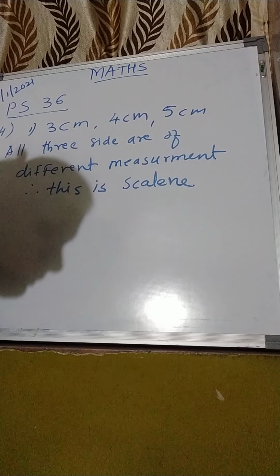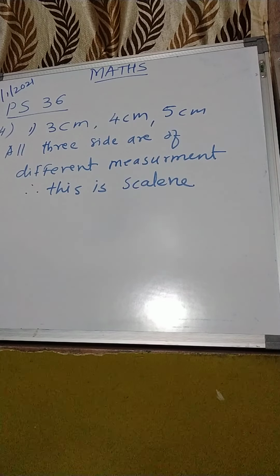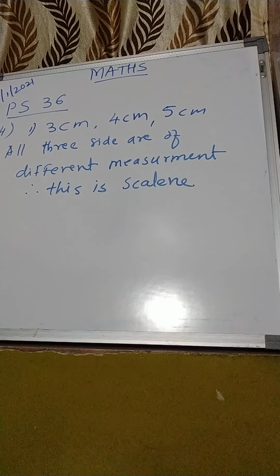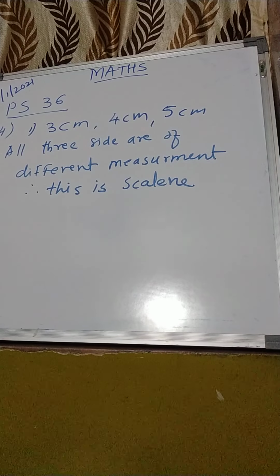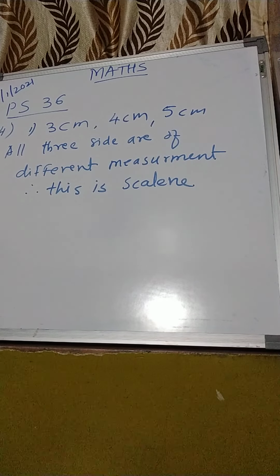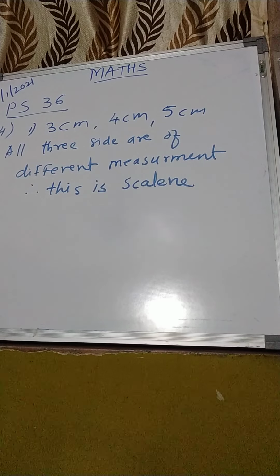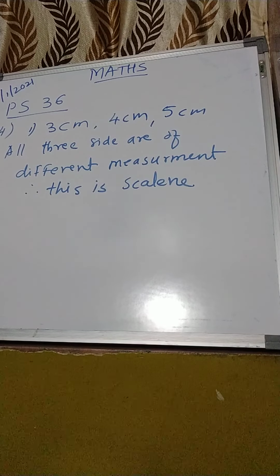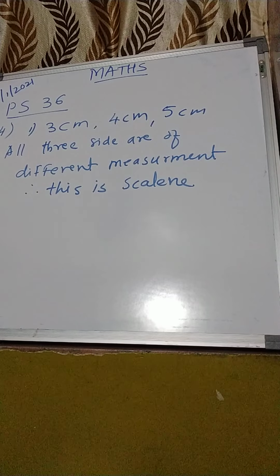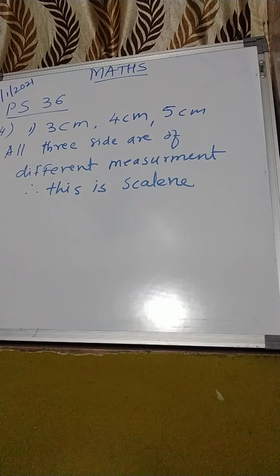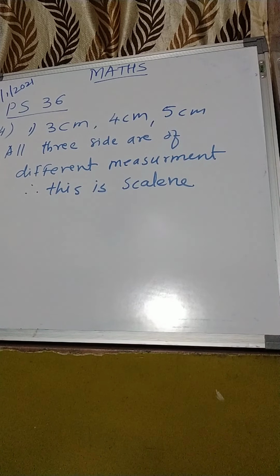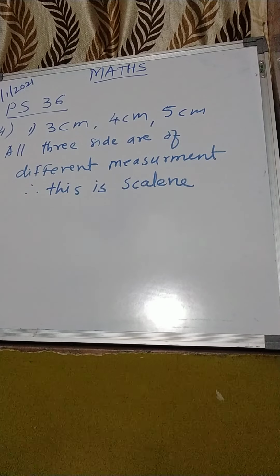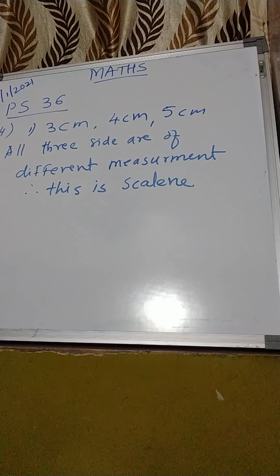Next is 3.4 centimeter, 3.4 centimeter and 5 centimeter. As you can see, 3.4 comes 2 times, meaning two sides are of 3.4 centimeter. When two sides are the same, then it is an isosceles triangle. Third one, 4.3 centimeter, 4.3 centimeter, 4.3 centimeter. All sides are the same, so it is an equilateral triangle. Last one is 3.7 centimeter, 3.4 centimeter and 4 centimeter. It's again a scalene triangle. Understand?